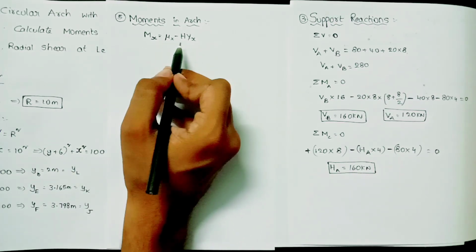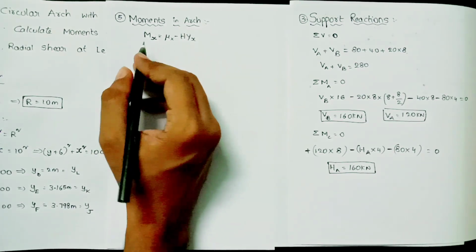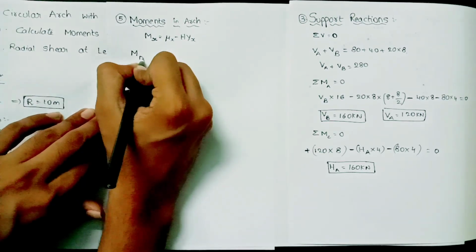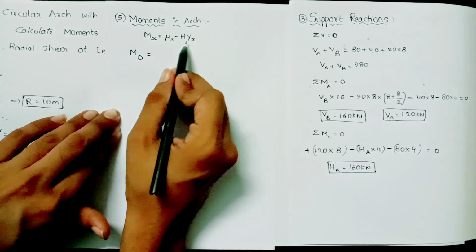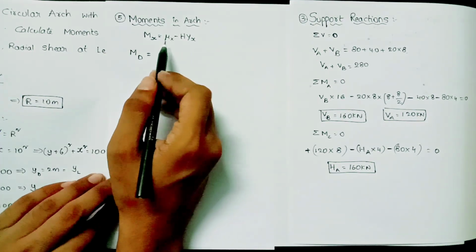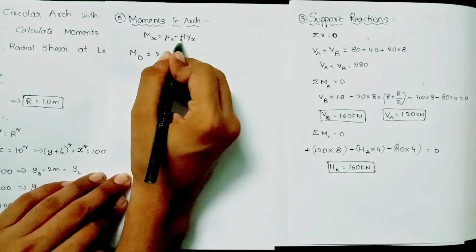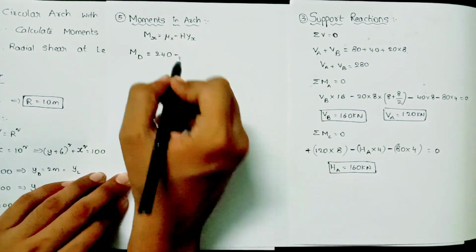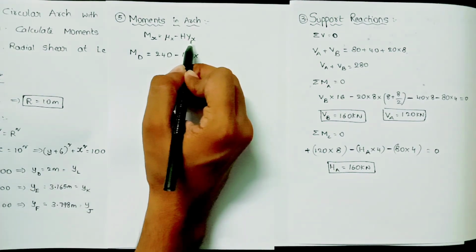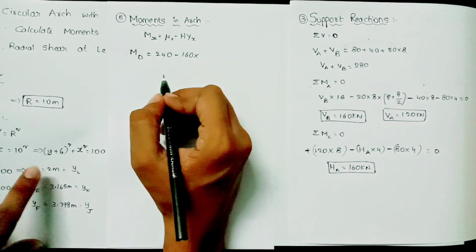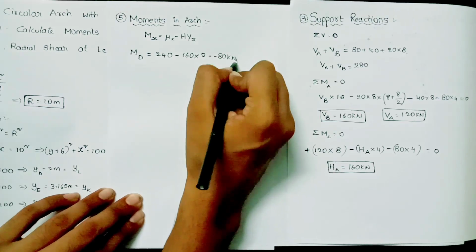So we know all the values at various points. We simply substitute at the corresponding points to get the final moment. For example, we need the moment at point D. So moment at point D equals Mu D minus H yD. Mu D was calculated in the fourth step; we obtained Mu D as 240. Then minus the horizontal reaction H, which we calculated in the third step as 160 kilonewton, into y x. Since we are calculating at point D, yD we obtained as 2 meters. So this is finally equal to minus 80 kilonewton meter.